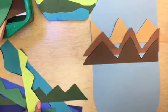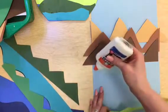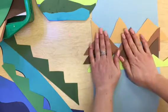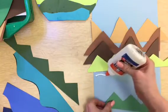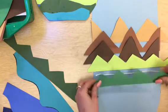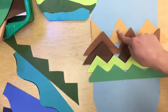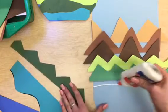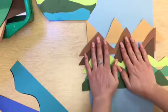Okay, now I'm gonna start with my grass layer. So I will start with my light green grass and put it right underneath the mountains. So what I'm doing right now is something called overlap. I'm putting my next layer over the first layer. So each time I'm putting that next layer over. So these look like they're behind, these look like they're in front. Okay, my last layer of grass here, one line of glue, stick my green down, and now I'm ready for